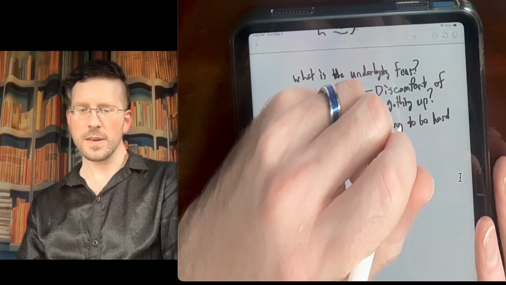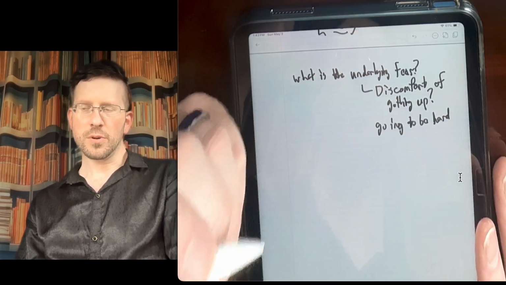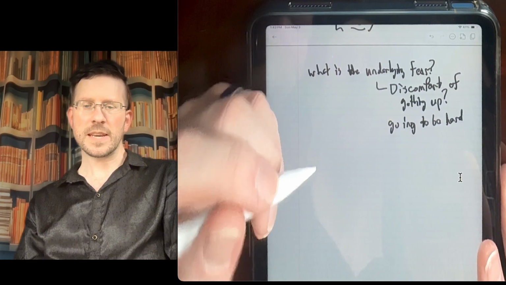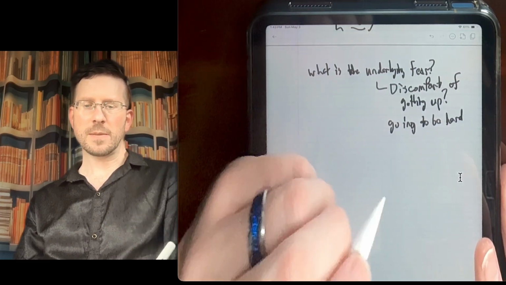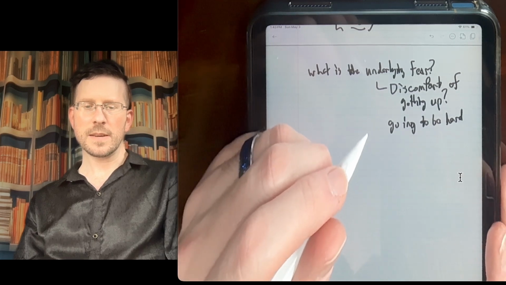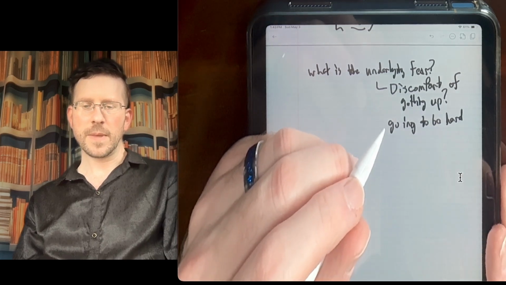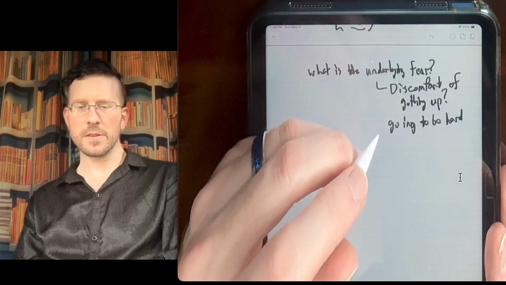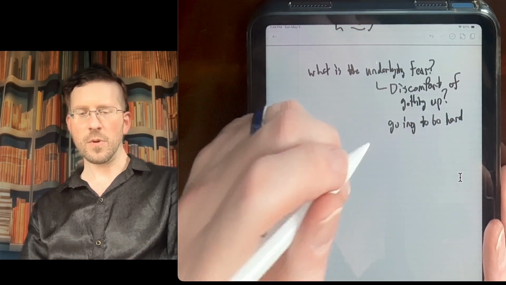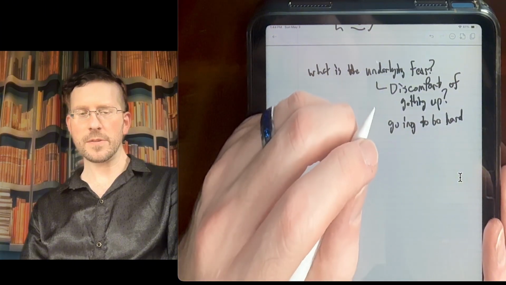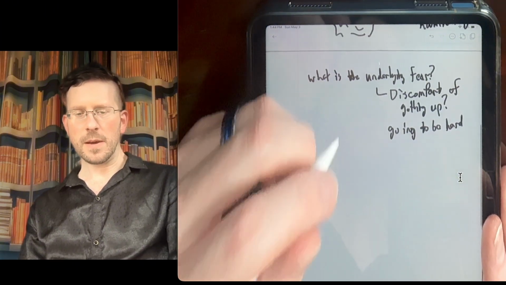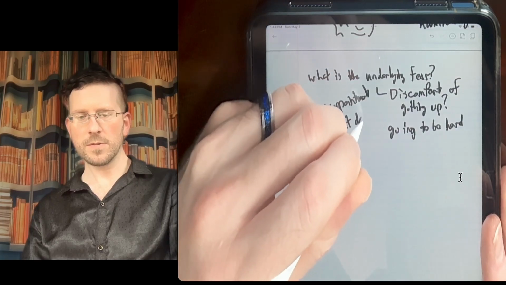That to actually push through the feeling that you're experiencing, to intentionally let go of whatever seeming comfort there is in the rumination or comfort that there is in the doing nothing, that the doing something is going to be harder. Is there a deeper fear? Is there a fear that you won't be able to succeed in some way, that you'll disappoint yourself, that you won't be able to keep it up? Disappointment, letdown. What do you think the fear is?